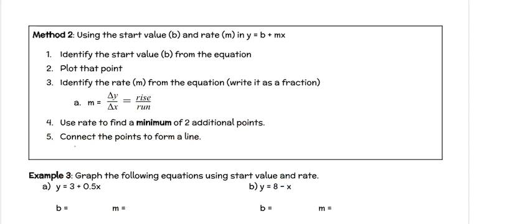So method 2 is using the start value b and the rate, or rate of change, as I call it all the time, m, in y equals b plus mx. So first thing you want to do is identify the start value b from the equation. Then you want to plot that point. This point,